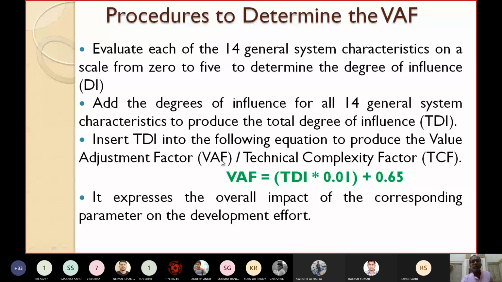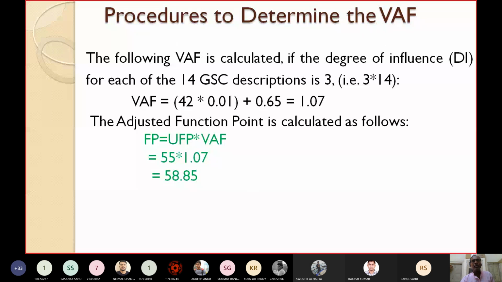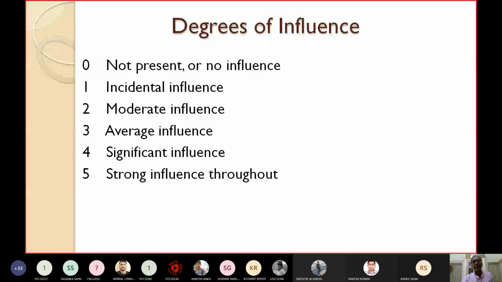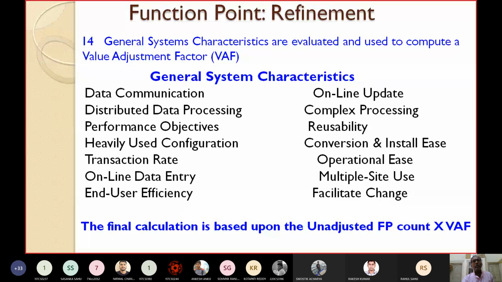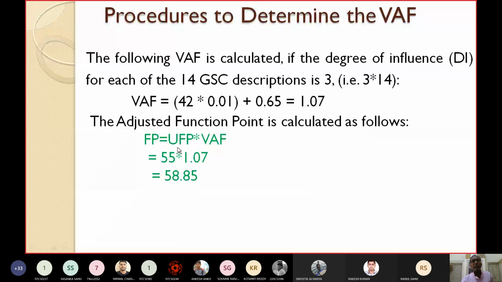This parameter, called the value adjustment factor or technical complexity factor, expresses the overall impact of the corresponding parameter on the development effort. Okay. So now let's take a small example. The following VAF is calculated if the degree of influence for each of the 14 GSC descriptions is 3. If all the 14 general system characteristics are average, average means 3. So 14 into 3 is equal to 42. So VAF will be